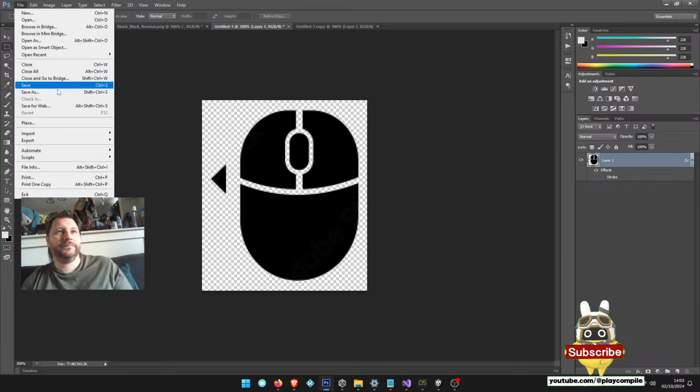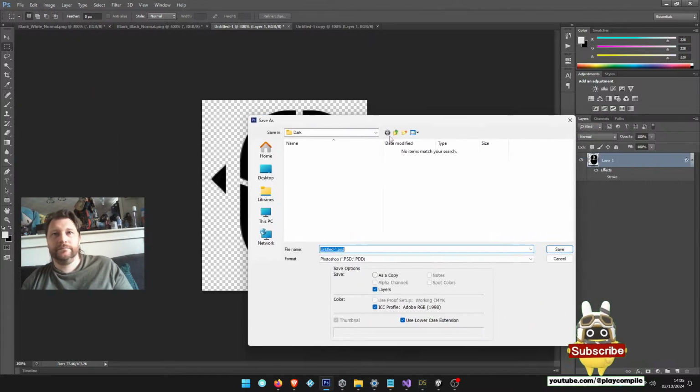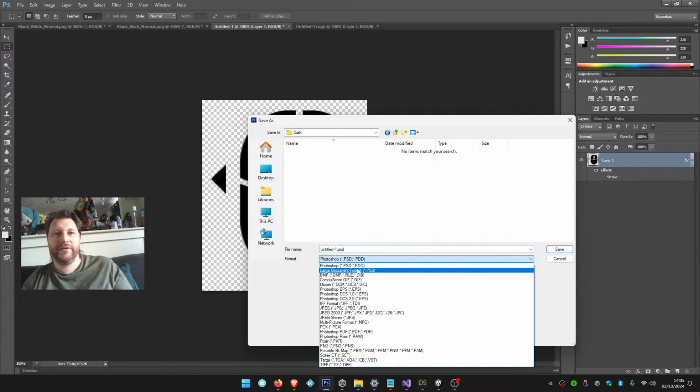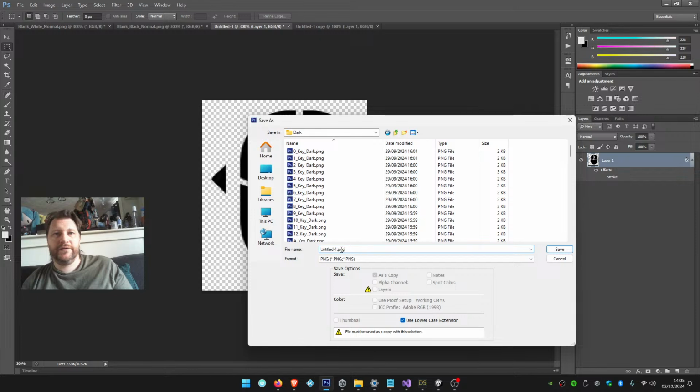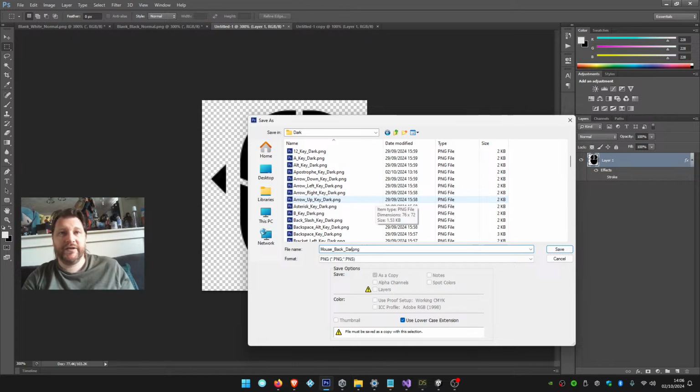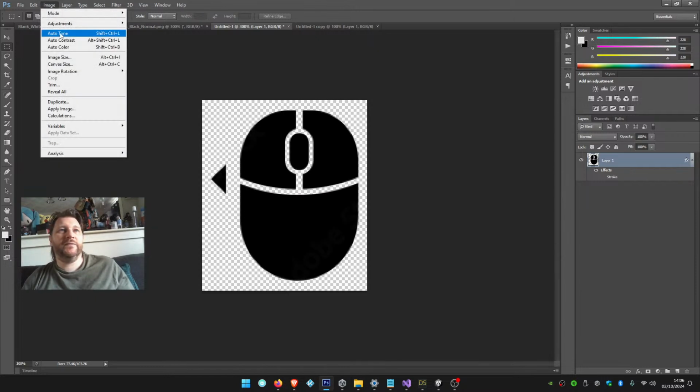But that's in keyboard. Oh, it's keyboard and mouse. Yeah, it is keyboard and mouse. So I'm going to call this mouse. It's under the dark folder already. Mouse back icon. We do say whether they're dark or not anyway, though, don't we? They don't say icon. They just say whether they're light or dark. So this one's mouse back dark. Okay, then we can invert that image